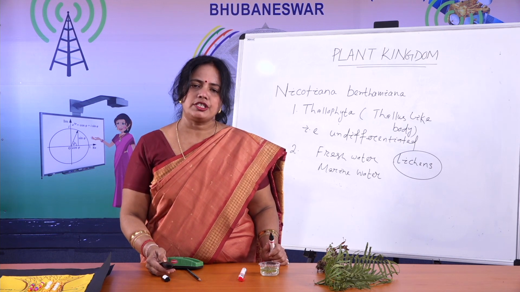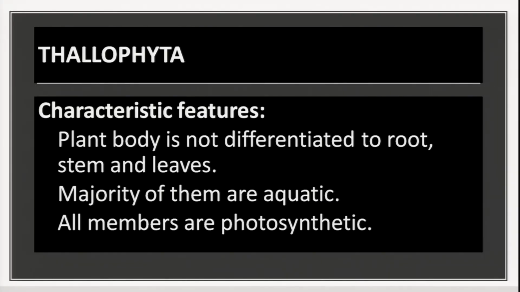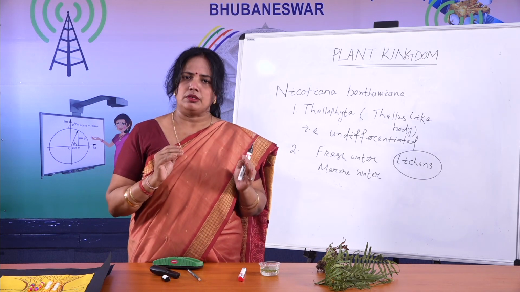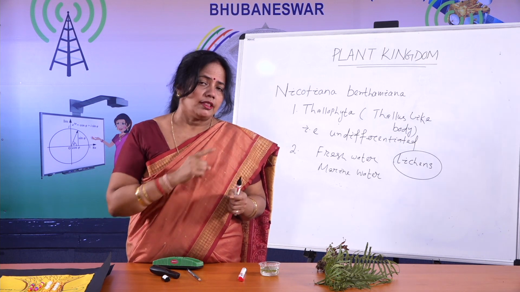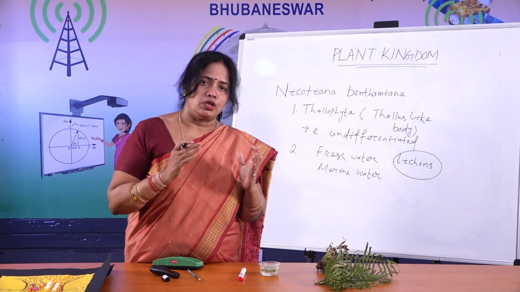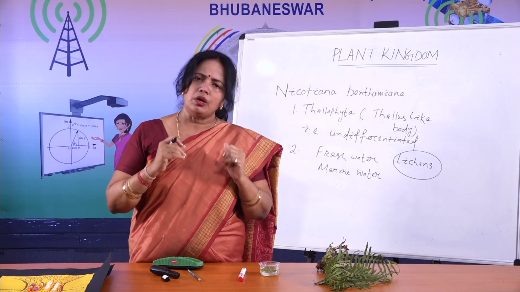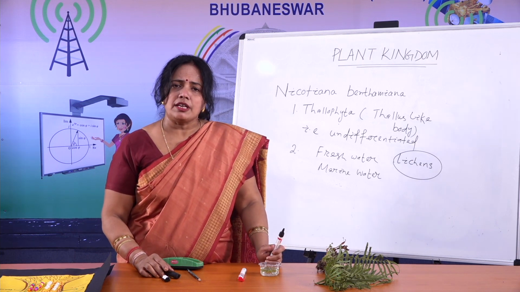Now, what are the other characteristics of algae? All are photosynthetic, means they contain large amount of chlorophyll pigments. So, they are highly photosynthetic and if you consider the contribution of organic food by the plants, the thallophytes are the only group of plants that contribute the highest amount of organic food to other organisms. So, they are the major producers of the ocean. Okay, and let's see some examples of thallophytes